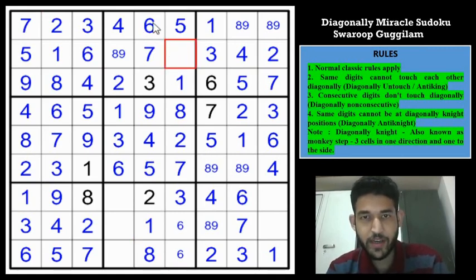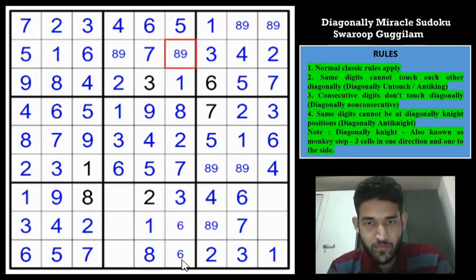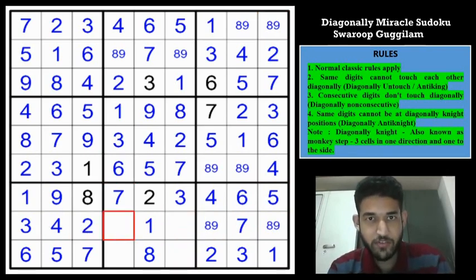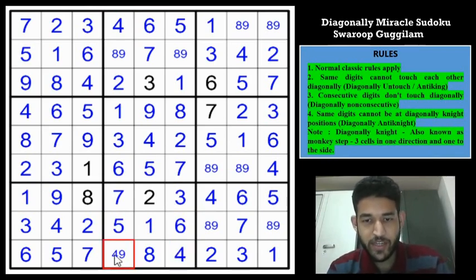And this must be 8 and 9. So remaining two cells in this row are 5 and 7, but 7 is here, so 7 has to go here. And this would be a 5. And remaining two cells are 8 and 9 here. 7, 8, 9, 1, 2, 3 and 4, remaining are 5 and 6. So this can't be a 6, so this is a 5 and this is a 6. And the remaining must be 4 and 9, right? And you have a 4 here, so you get the 4 here. And you get the 9 here. And you get the 9 here and the 8 here.